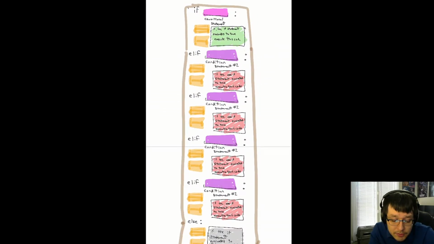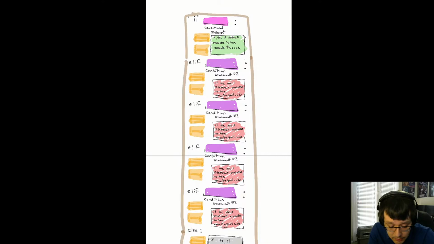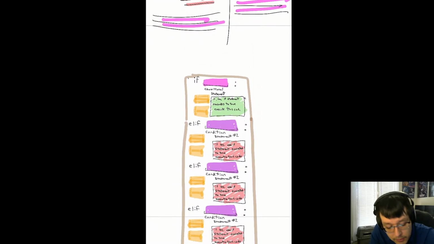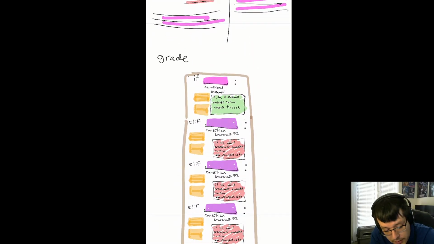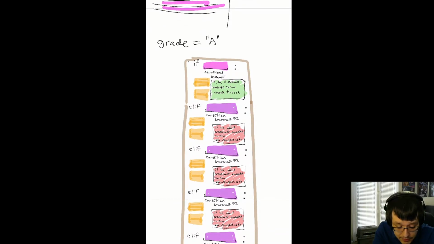So when would you want to do this? Well, suppose that you're doing data analytics and you're trying to find out different water quality levels. I don't know what the scale for the water quality levels are, but let's just say that they're like letters, like A, B, C, D, or F, like grades. Well, let's say that you have a variable called grade that has the quality of the water as a string. So it could have something like an A in it, but it could also have a B, a C, a D, or F. So you could say in the if statement, well, if grade is equal to A,